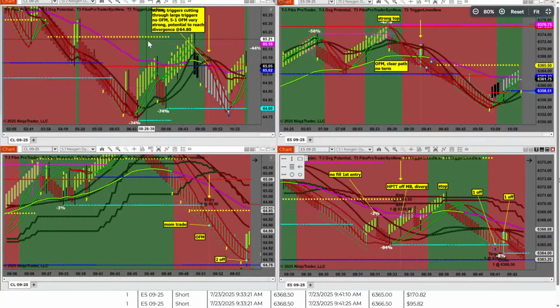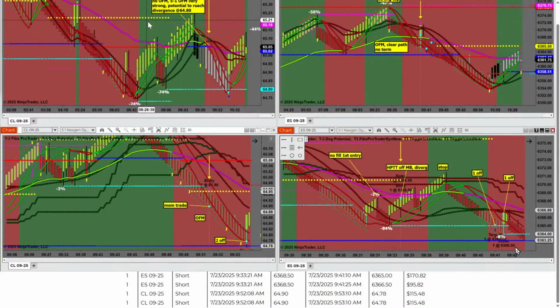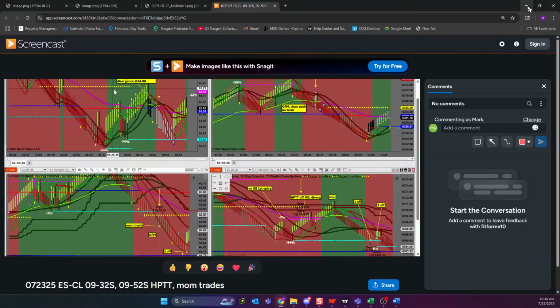Nicely done, Steve. And then the only challenge, well, you never actually made the fib there, did you? You did. You hit the fib, and you hoped that the fib would break, and gave back from 63.25 to 66.50. And that's a lot of money to give back so close to a fib.